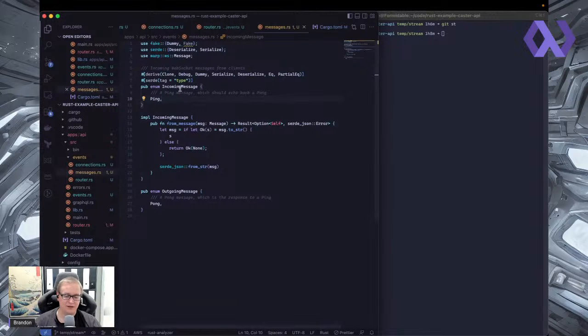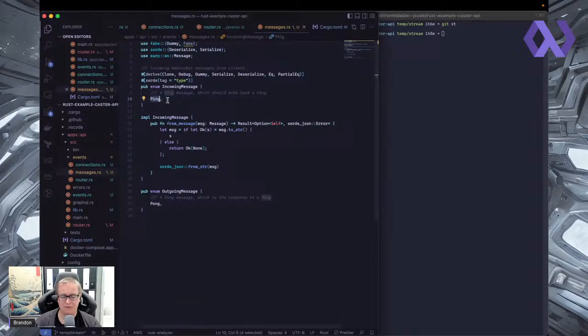So there would be an incoming message object, and then it would have a key inside it of ping, and then just an empty value. I don't know if it's probably a null, but in any case, that would indicate that this is a ping type,